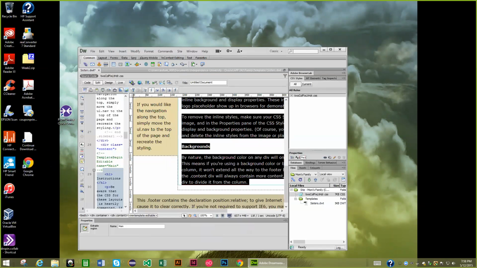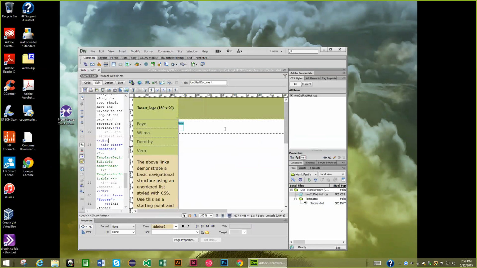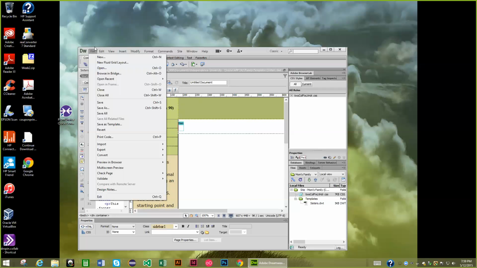Okay, so now this is your editable region. Now, if you'd like, you can click the delete key or backspace key, and that will make it empty. And so now, if you do a file save, you'll have the best of both worlds. You'll have,